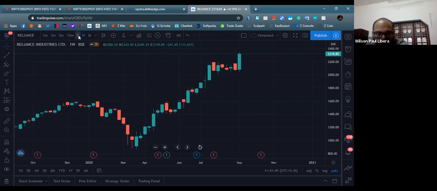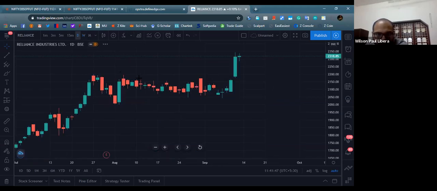So in this case, we are going back to the daily time frame and going to the date where it was 7th September. See, this is 7th September. What is the opening price on 7th September? It is 2080. This doesn't matter because we'll be combining this candlestick, the next one, and the next one together. We are going to combine 1, 2, 3, 4, 5. These 5 candlesticks will be combined to form our weekly